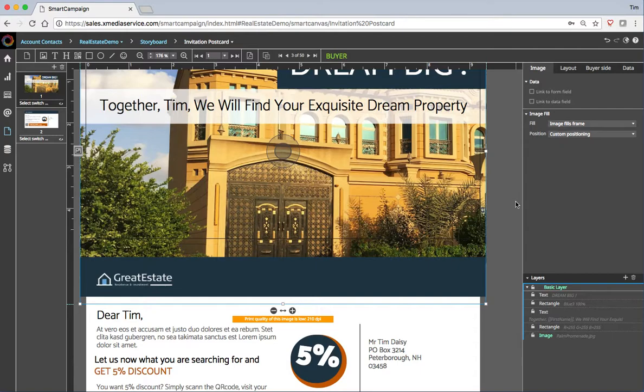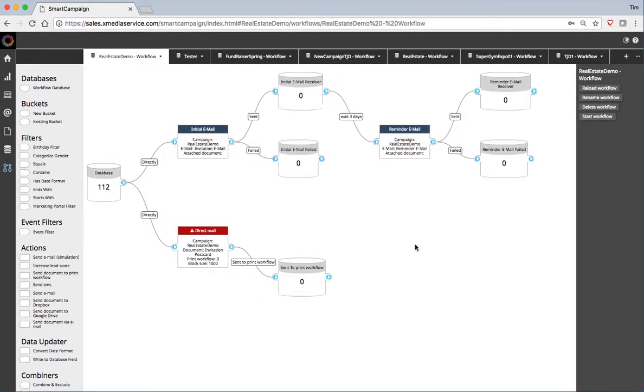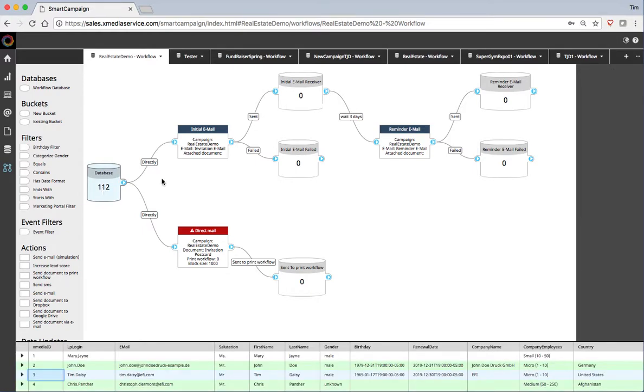Okay, so we've looked at editing emails, we've looked at editing web pages, we've looked at editing print documents. How do we pull it all together? Let's go into our workflow. So the workflow is created automatically with my wizard, with my template. This workflow is pretty straightforward. Starts with my data environment, right? And I'm going to send an email out, and I'm going to send a direct mail piece out to everybody